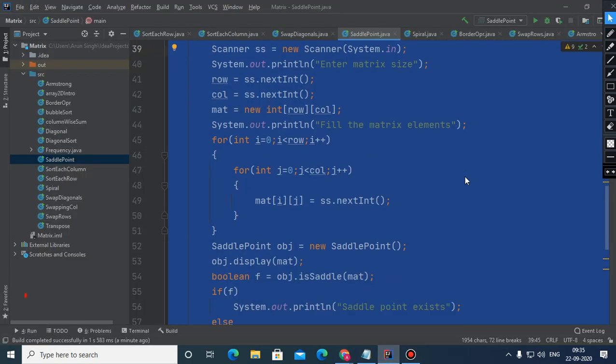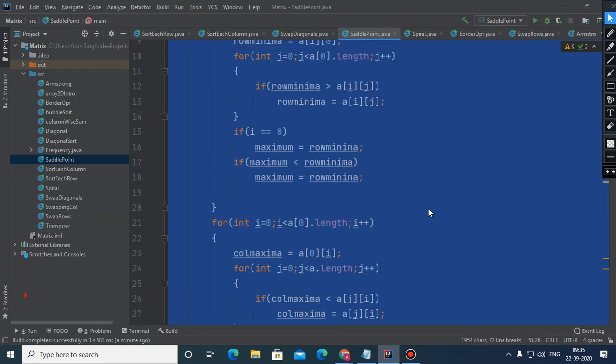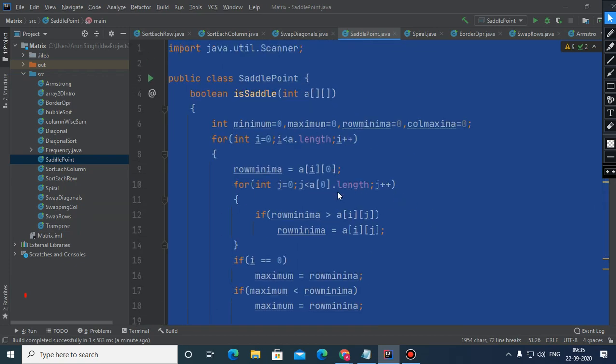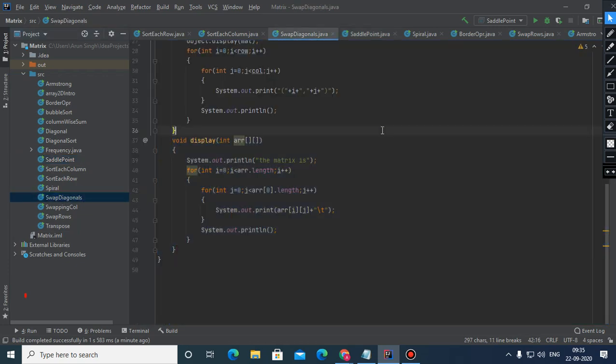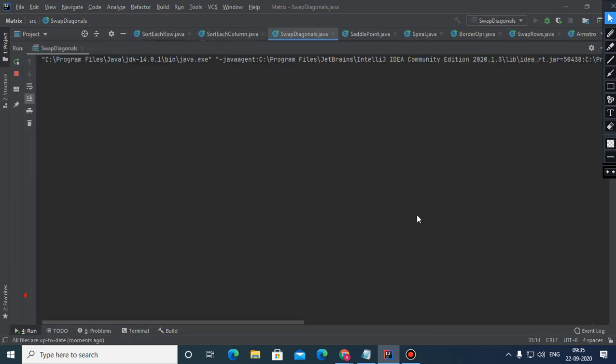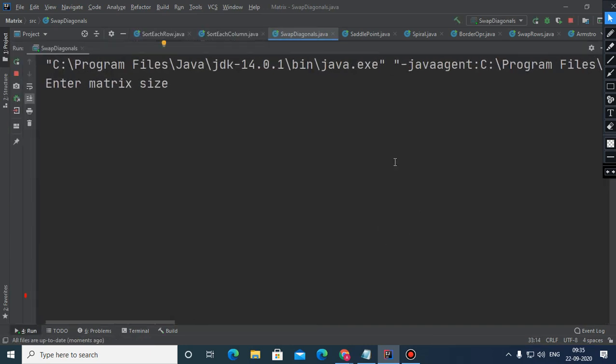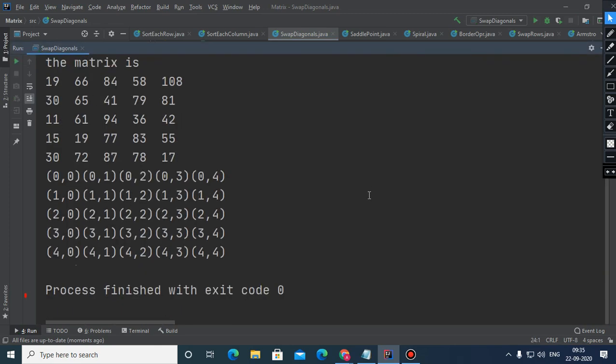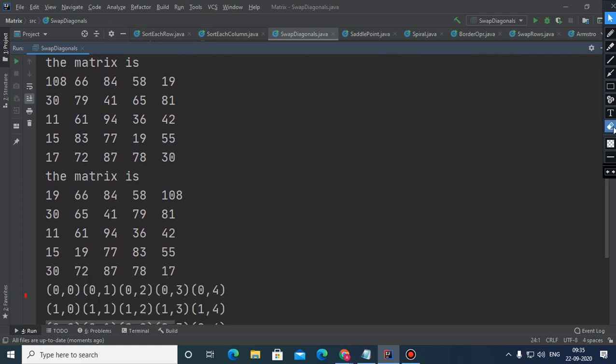Okay. And now one more question, children, I am giving. Here you all have to write a code in which, suppose a matrix of size 5 by 5 is there, and if you just see this left diagonal and this right diagonal, what we need to do is swap these.